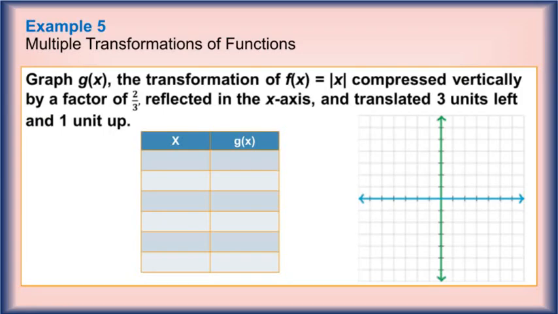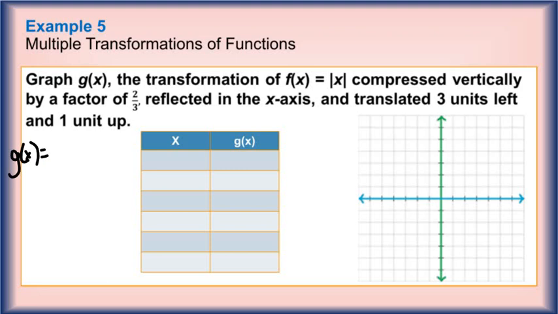Now to our first example, example 5. So let's graph g of x, the transformation of f of x equals the absolute value of x compressed vertically by a factor of 2/3, reflected in the x-axis and translated 3 units left and 1 unit up. So I like to write the equation first because I think that makes it easier when you put the numbers in your table. So g of x